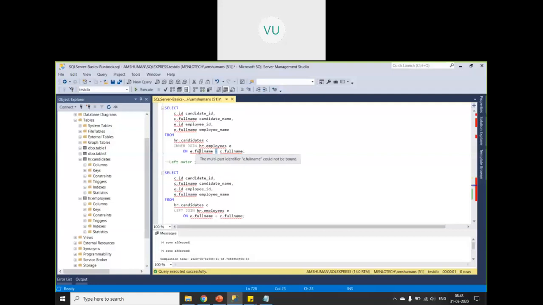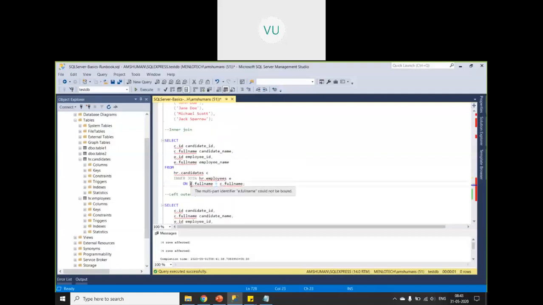Only the records which satisfy this condition are shown to the user, in the end result set. It can be other conditions as well, I mean greater than or equal to, less than or equal to, whatever it is. If the records do not match the condition, those records will not be shown in the end result. That is inner join.